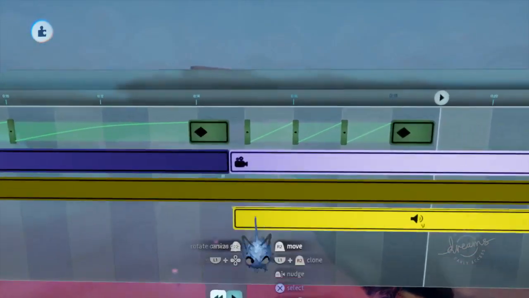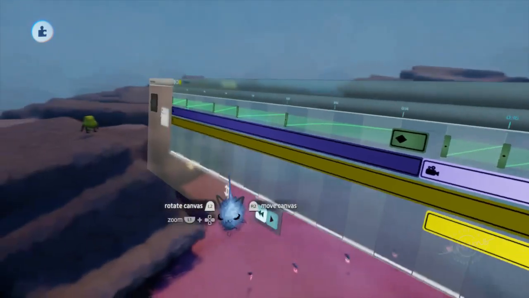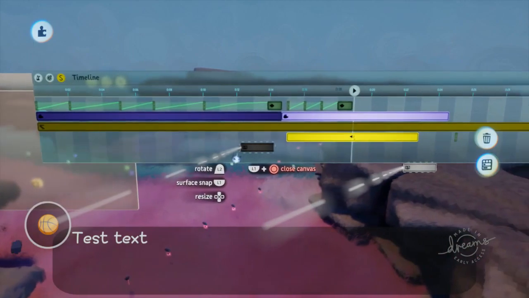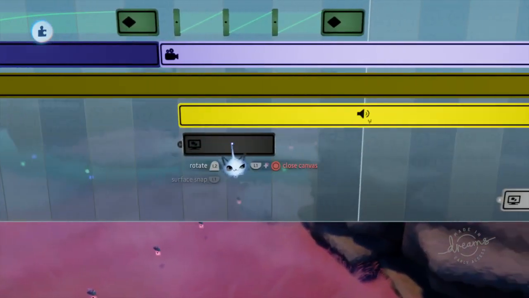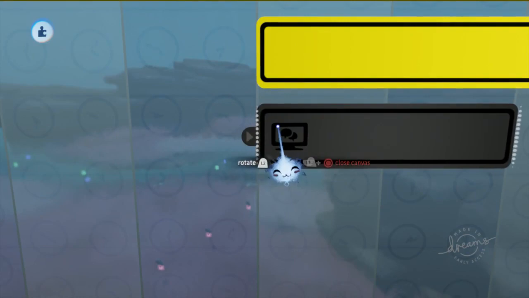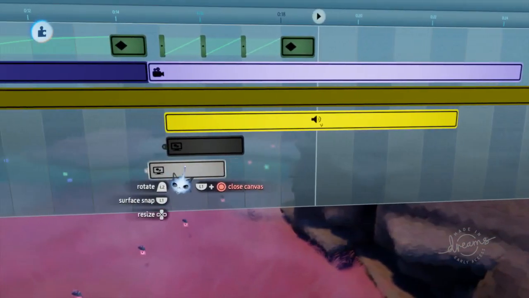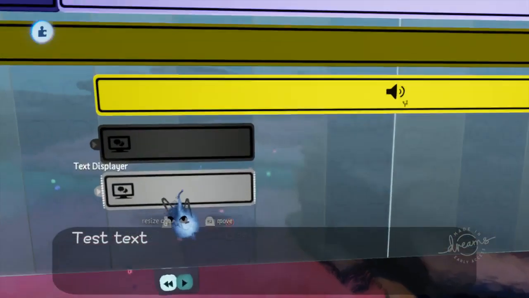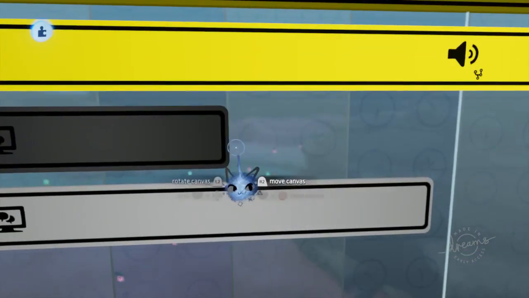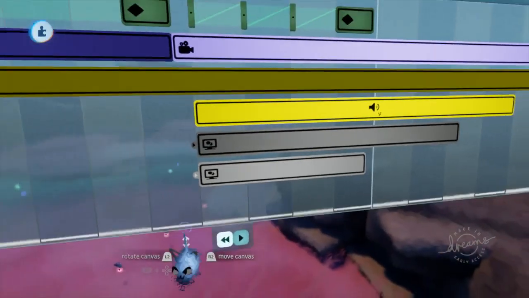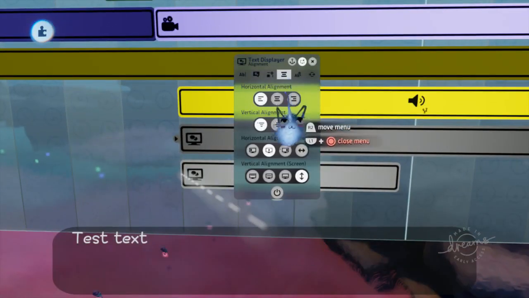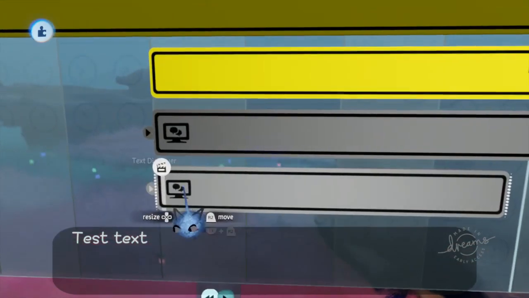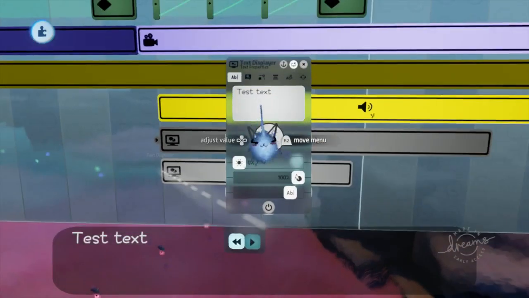Let's see, so I'm gonna go ahead and bring these two in here like this, and we're gonna do something like that, and I'm gonna go ahead and make it so the text is animated if I can. There we go, and I'm gonna change this to